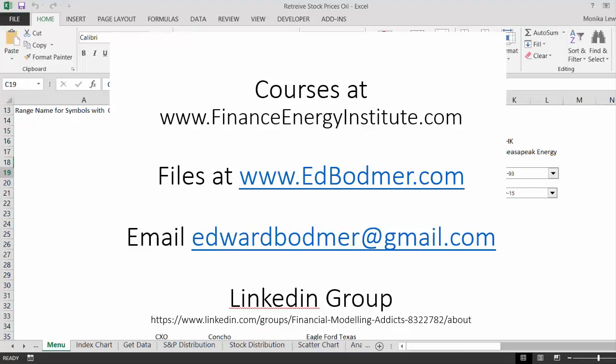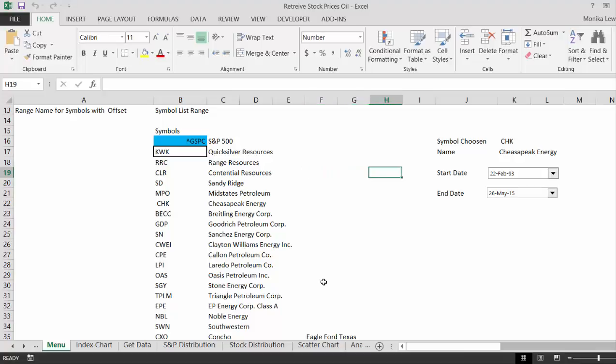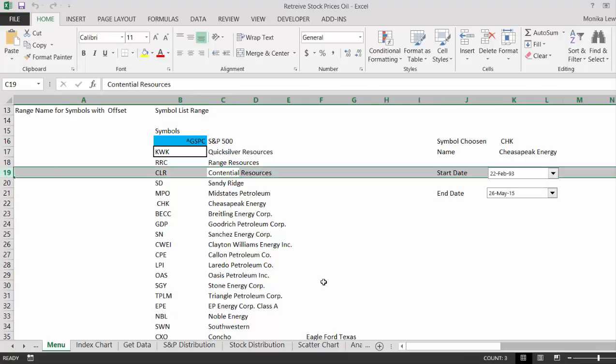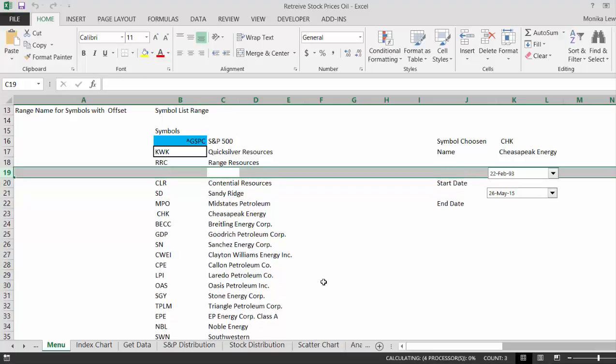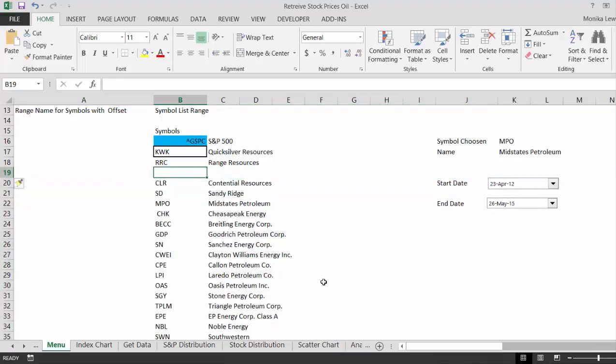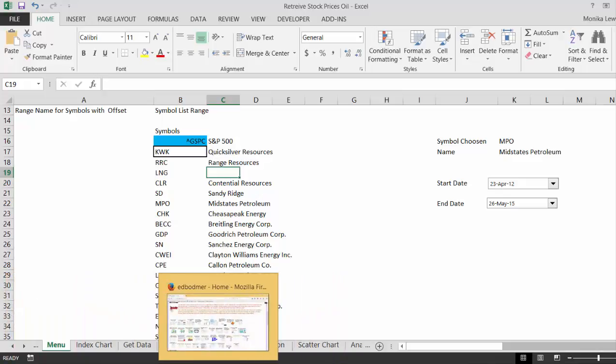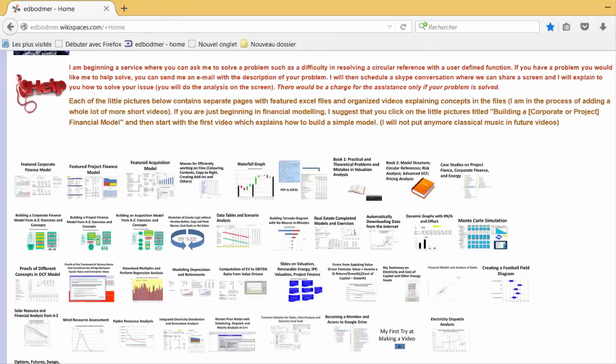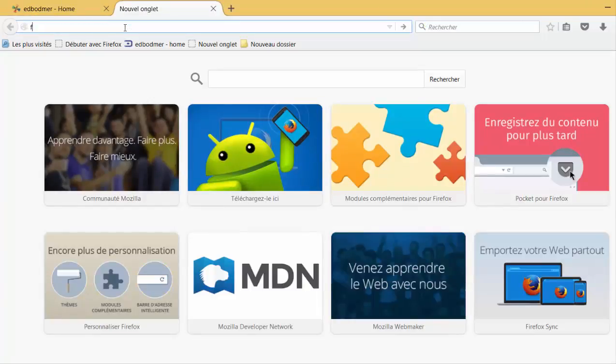Quicksilver and Range Resources provide the good and bad news about shale gas, and I'm gonna add this LNG. I hope it's there, and I've been just looking at this company. Oh, great. Okay, why don't we go to finance?